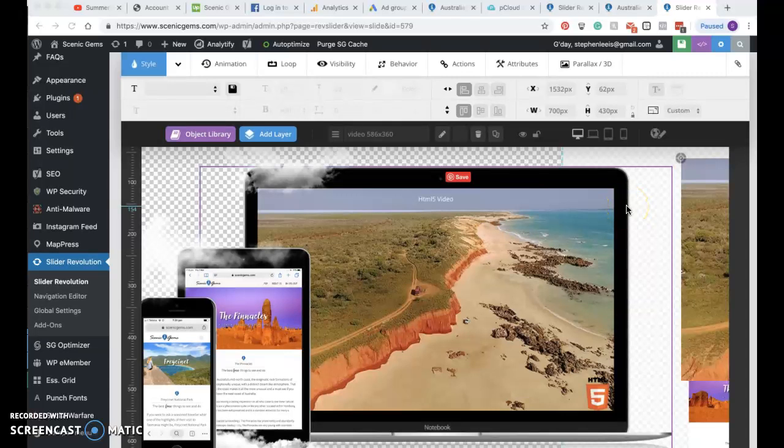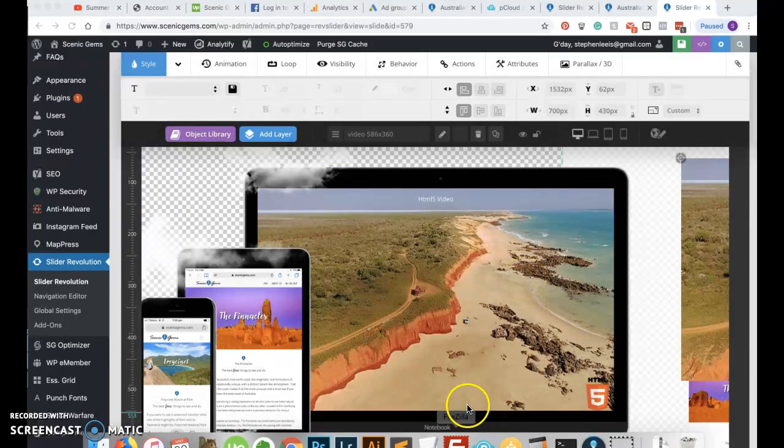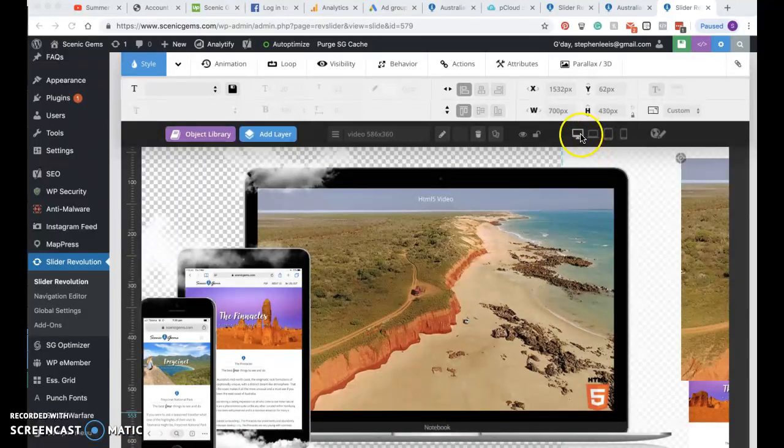Hi Ray, I've got a little bit of an issue. I've updated the videos in the Slider Revolution homepage slider, the ones that you have worked on, so that videos aren't loading unnecessarily on the homepage. The issue is that these videos, I've updated them, and what I did was, so I've got desktop here, created